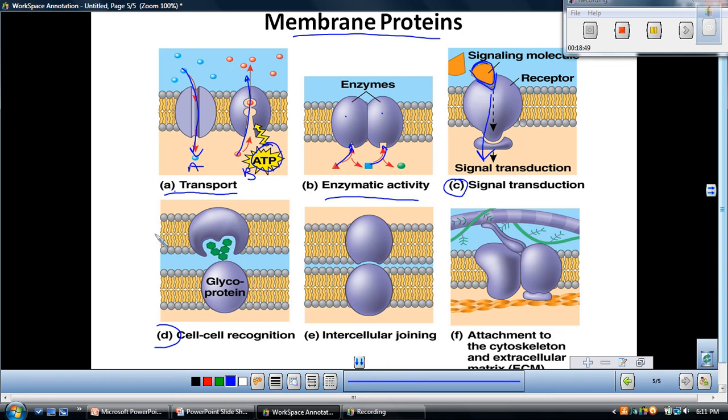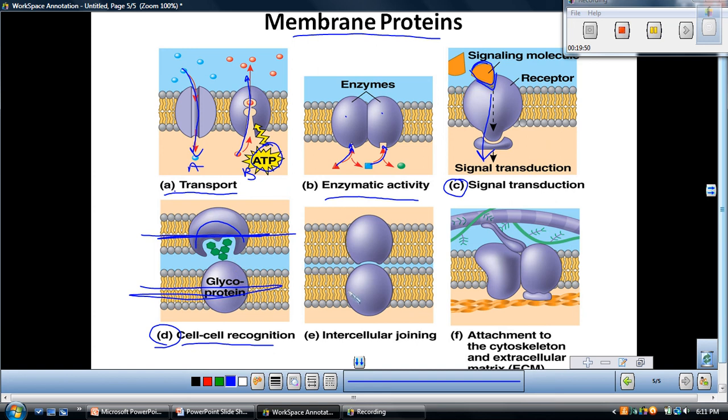Cells have the ability to recognize other cells by binding to molecules, which are carbohydrates, on the outside surface of the membrane. So in this picture, what you see is there are some glycoproteins that serve as ID tags. So here's a protein that has the carbohydrate sticking off of it, that serves as an ID tag that is specifically recognized by this membrane protein on another cell. So if you look at it, cell-to-cell recognition, this is one cell membrane that has these glycoproteins that have carbohydrate ID tags that can be recognized by this cell. And so we're going to talk a lot about that later on. It's a very short-lived process of